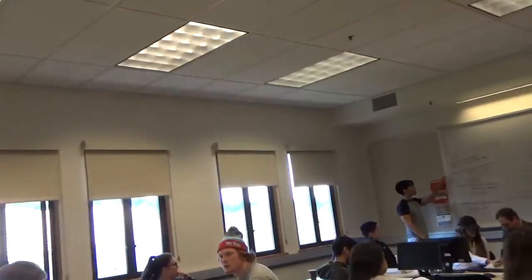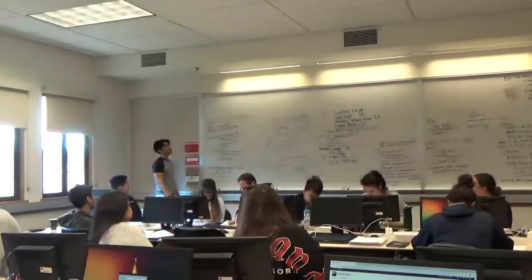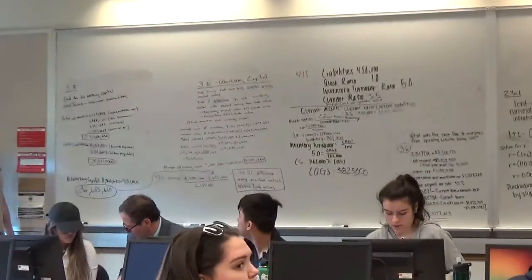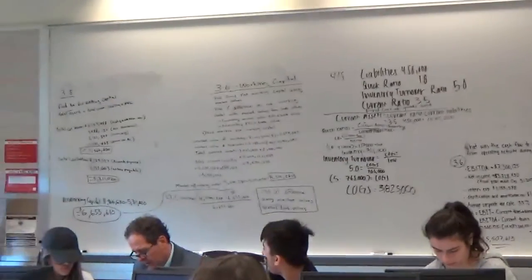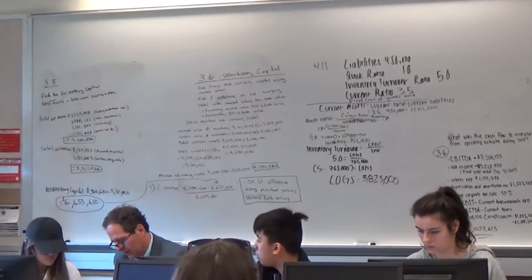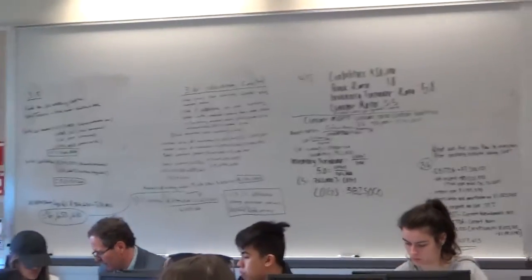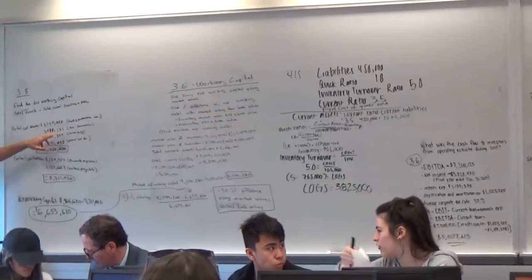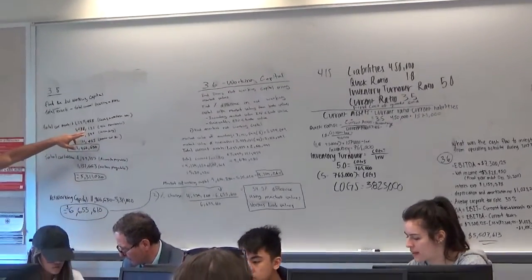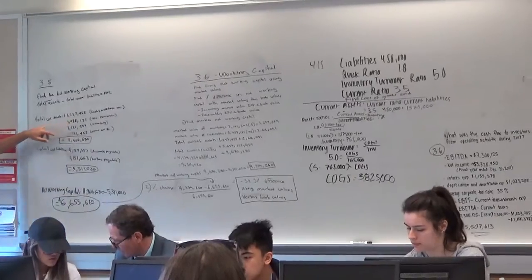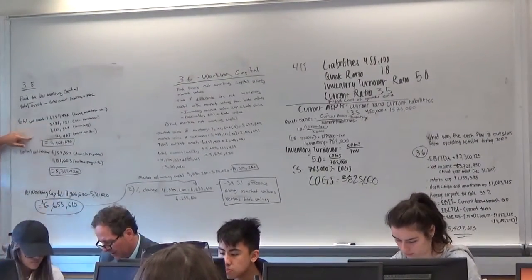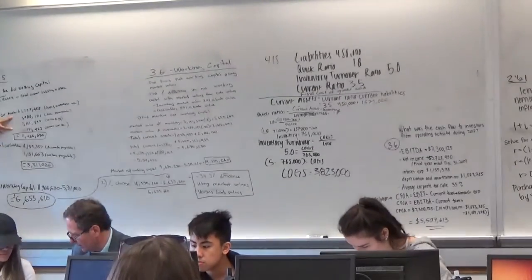So for my problem, it's just asking to find the net working capital, and to do that, you just subtract the total current assets minus the total current liabilities, and you'll get the net working capital. So they gave us cash and marketable securities, which is a total current asset, accounts receivable, inventory, and other current assets. These are the values, which all equal to